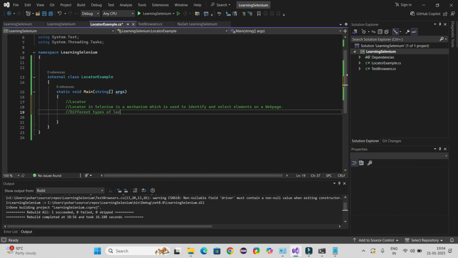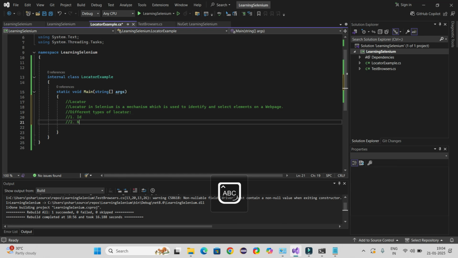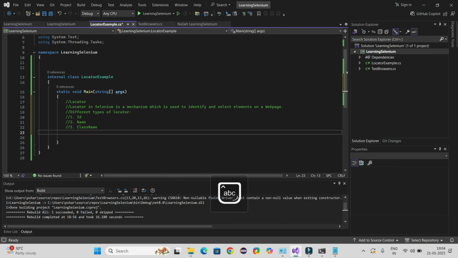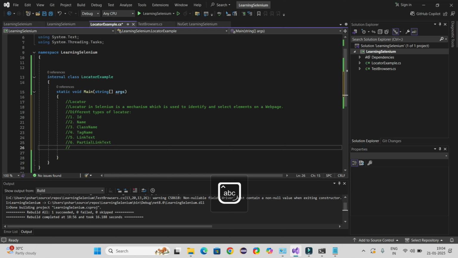Alright, we have got different types of locator. First one is ID, then we have got name, then we have got class name, then we have got tag name, then we have link text, then we have partial link text, then we have CSS selector, and then we have got XPath. Okay,